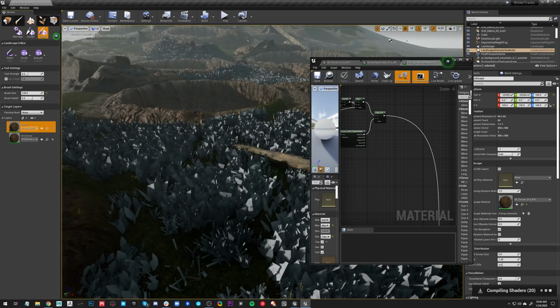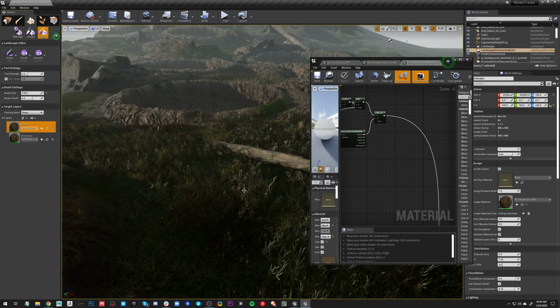So another question coming in from KD. Could you guys elaborate more on tiling issues with terrain materials? Tiling issues? That's very vague. Yeah, could you be more specific? Like what kind of tiling issues? Like stretching or... Let's assume stretching for the moment.